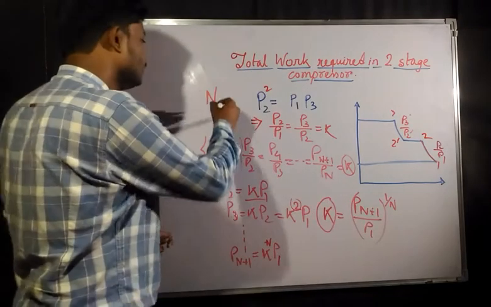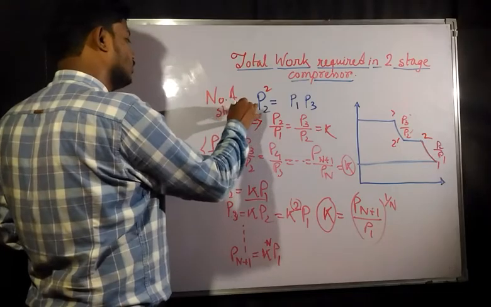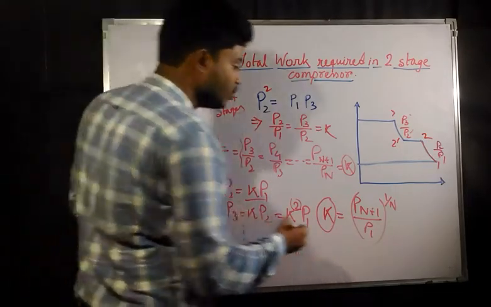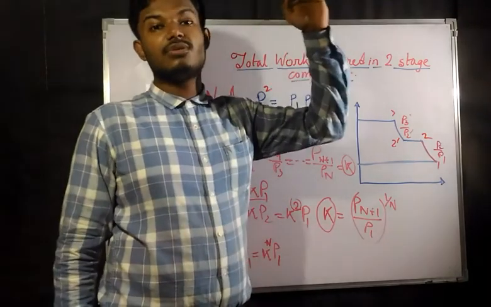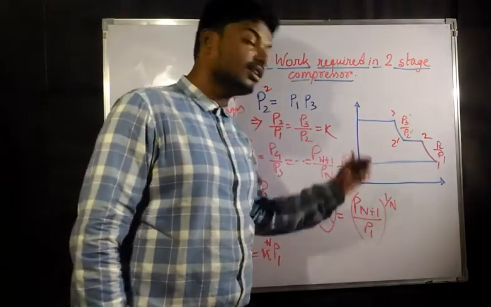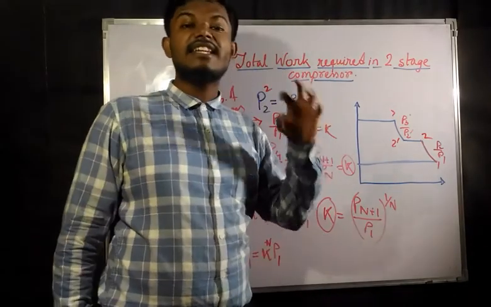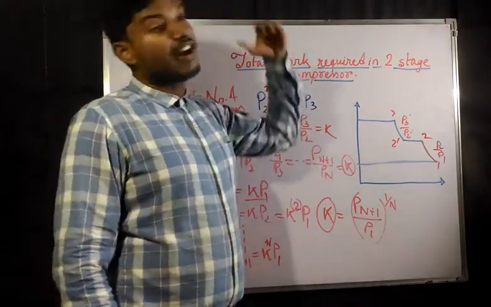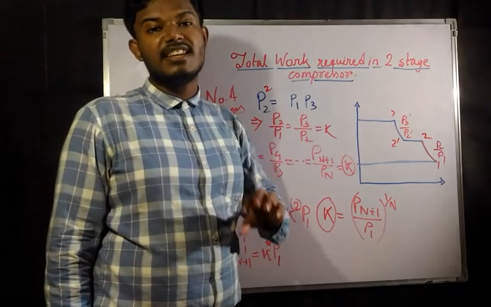N is nothing but the number of stages. So P to the power n plus 1 is the final pressure which we need to achieve, and P1 is the initial condition of the pressure. So the final pressure which we need to achieve divided by the initial pressure is going to be the overall